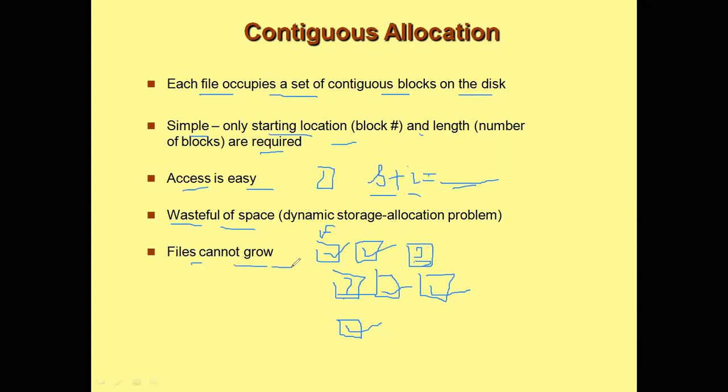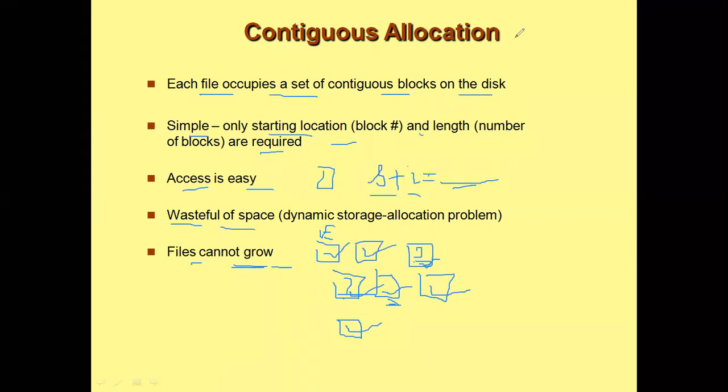And files cannot grow. Suppose the size of the file increases, obviously the file size will increase, right? You keep adding to it sometimes. So let's say there is a file F. Say initially it had only 2, it occupied only 2 blocks. Later on, let's say it needs a total of 5 blocks, but then you have only 2 extra blocks here, so you can occupy only 2 extra blocks. What about the 5th block? It can't be occupied because the 5th block is occupied by some other file. So files that grow in nature cannot use contiguous allocation. So that is one drawback of contiguous allocation.